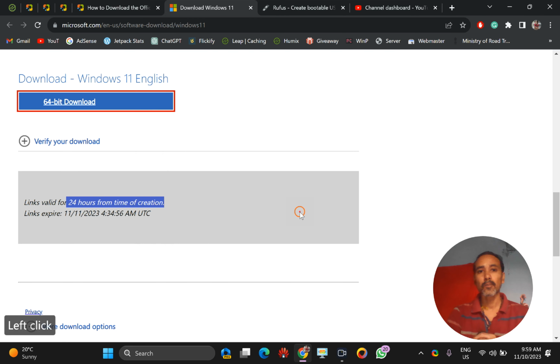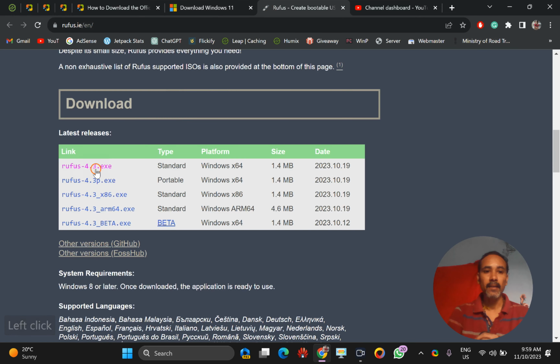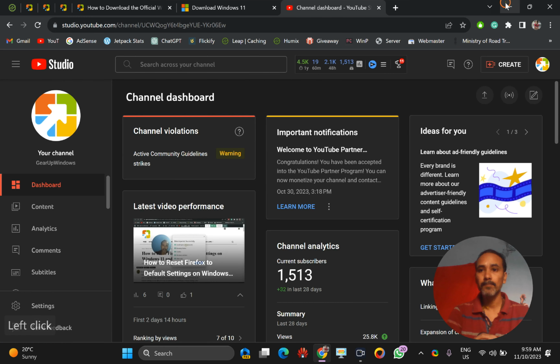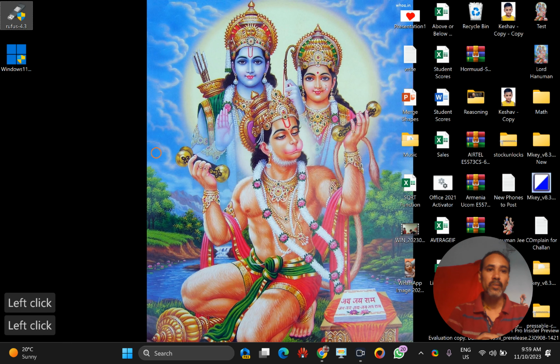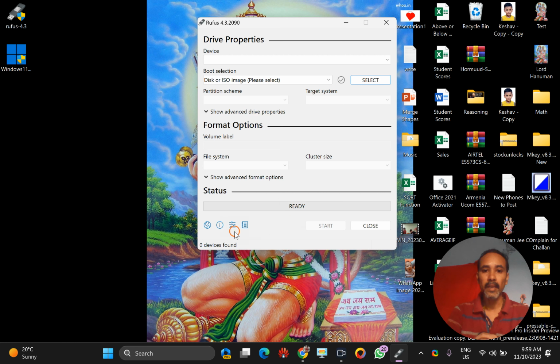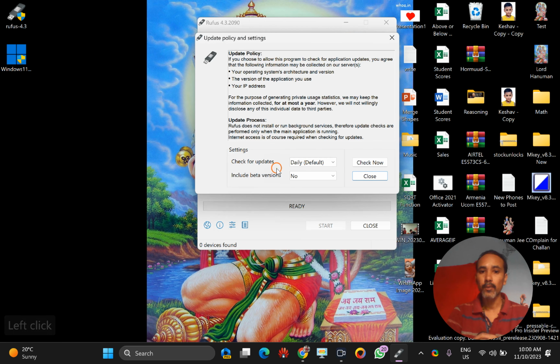The next method is through Rufus. You can go to the Rufus website and download the latest file, Rufus 4.3. After downloading the file, just launch the application. Keep the defaults, then click on the Close button.